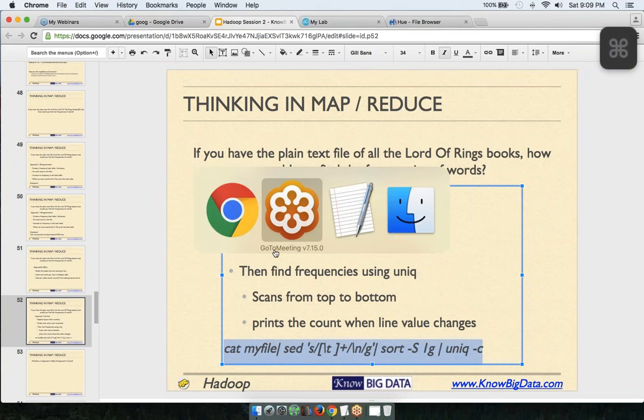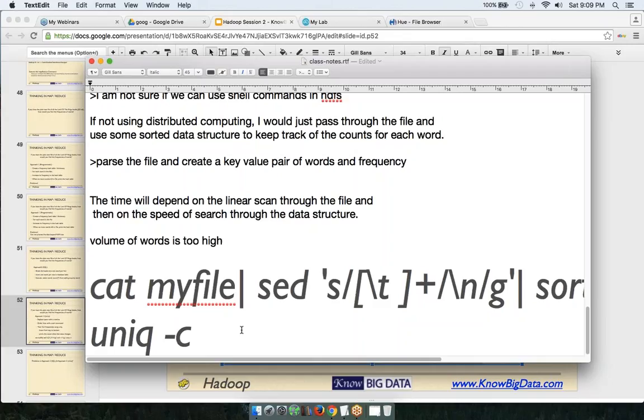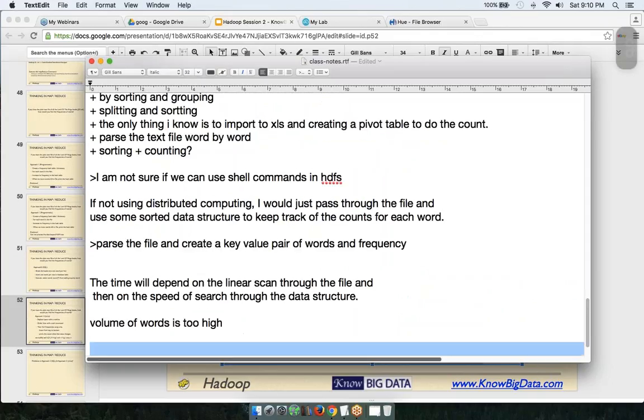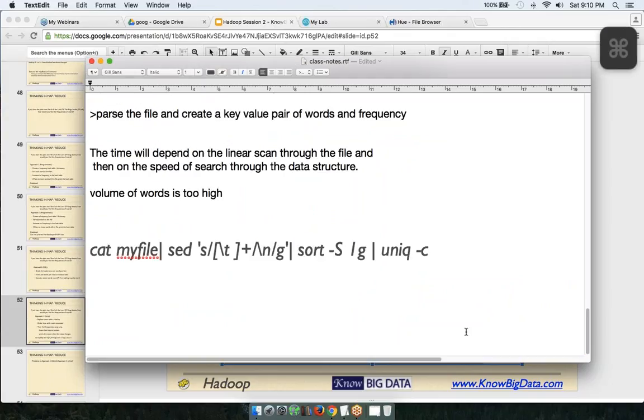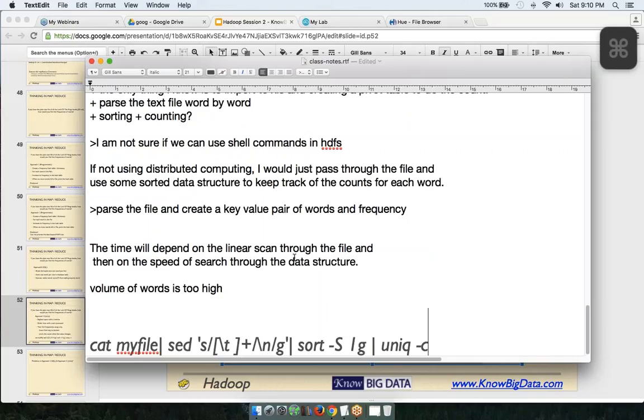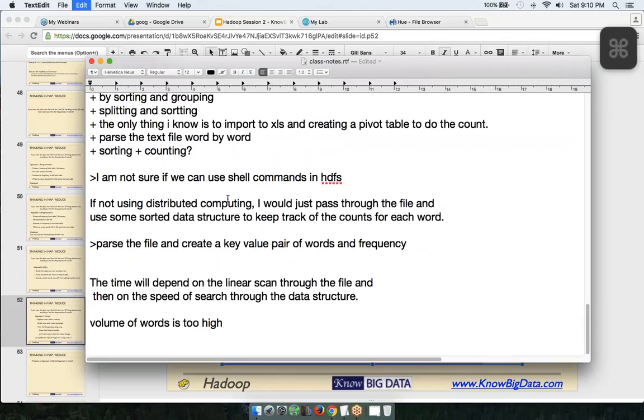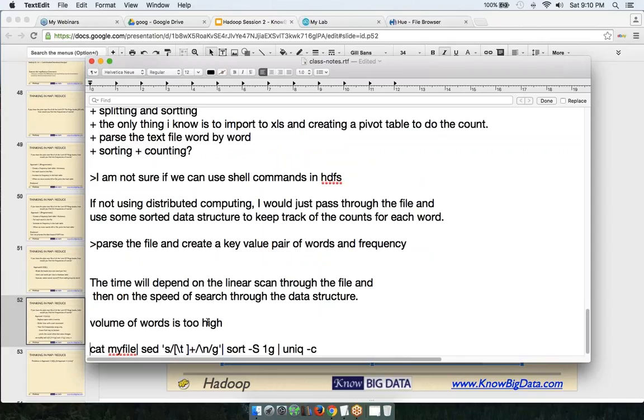Let me try to find an alternative way to paste. Okay, here is the command. Let me dissect this command for those who are not very comfortable with Unix. So here we have